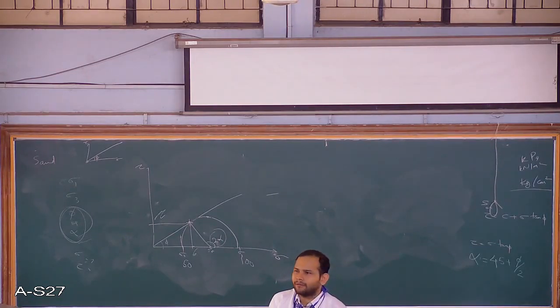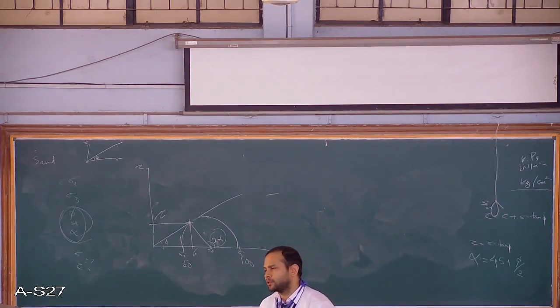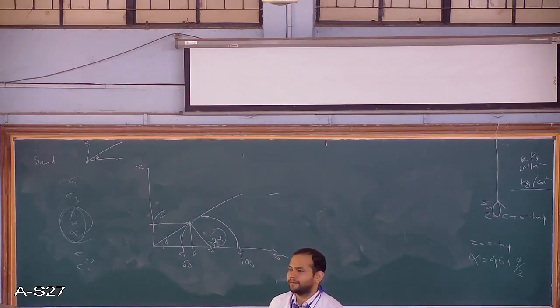We have already finished the second internal by this time. By the time you watch this video, we must have already finished the second internal. So we have covered the internals of this semester. Now you're left with the final examinations. In the open book assignments, we have given problems on shear strength and consolidation. So you can refer to those. We have tried to give you good quality problems, which are very important from the point of view of your final examination, and also for the government exams and even for the GATE. So you can always refer to them.